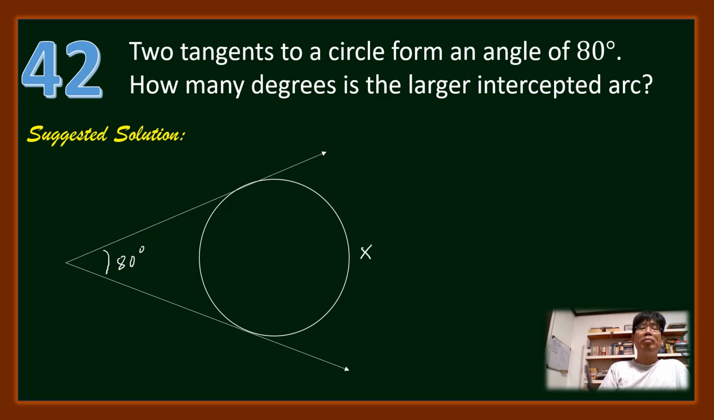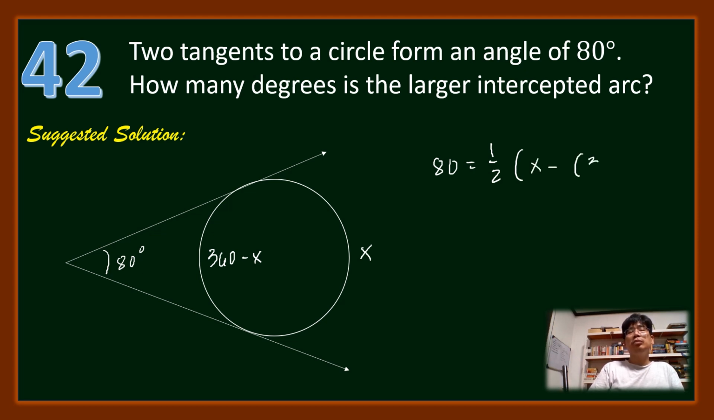Let x be the measure of the larger intercepted arc, and then the smaller intercepted arc must be 360 minus x. From this information, we can have the equation 80 is equal to 1/2 the difference between the larger intercepted arc and the smaller intercepted arc. Multiplying both sides by 2, we have 160 is equal to x minus (360 minus x), that will be plus x. So we have